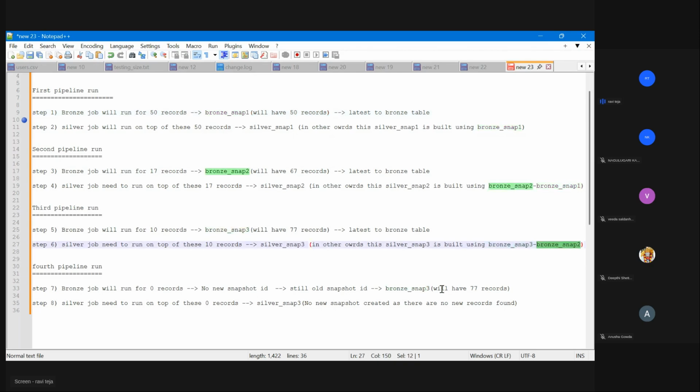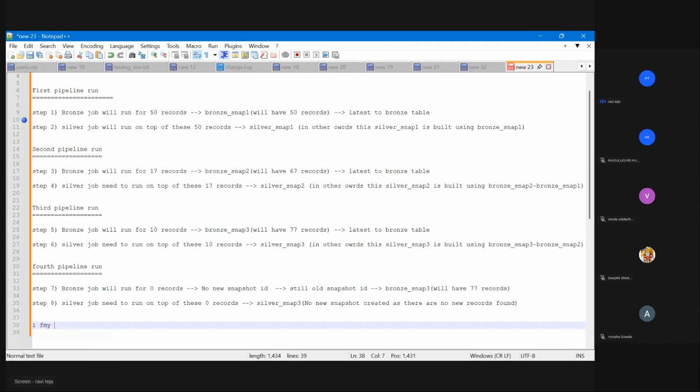Now if you follow the same approach blindly, let's say my glue job is blindly getting the latest last two snapshot IDs and just creating records out of it.